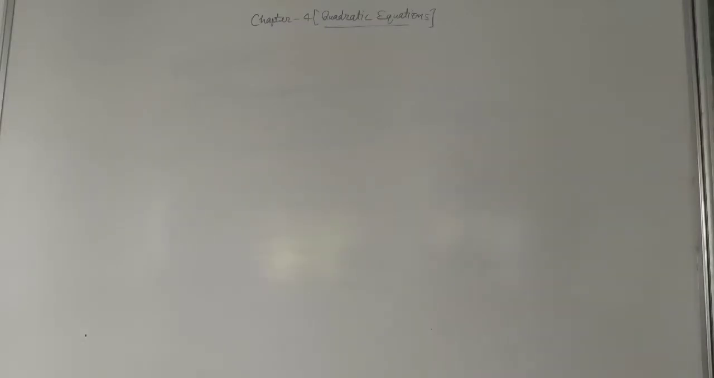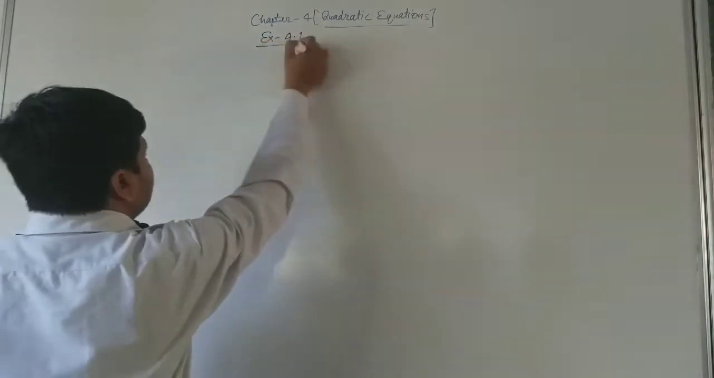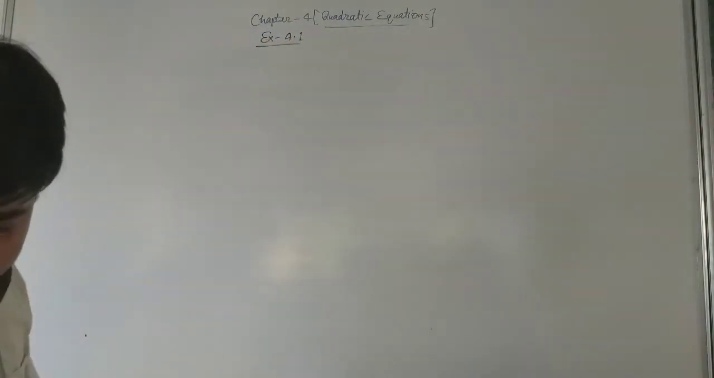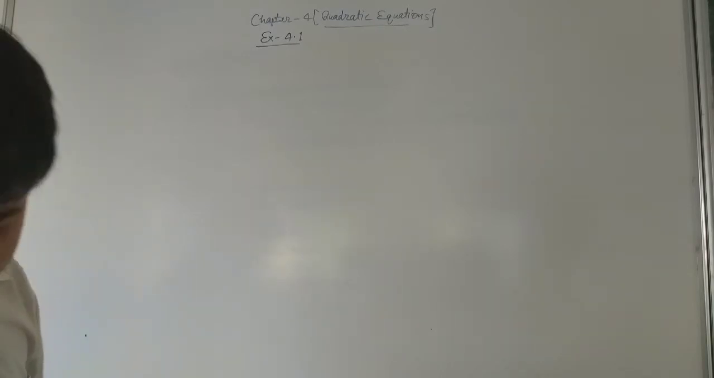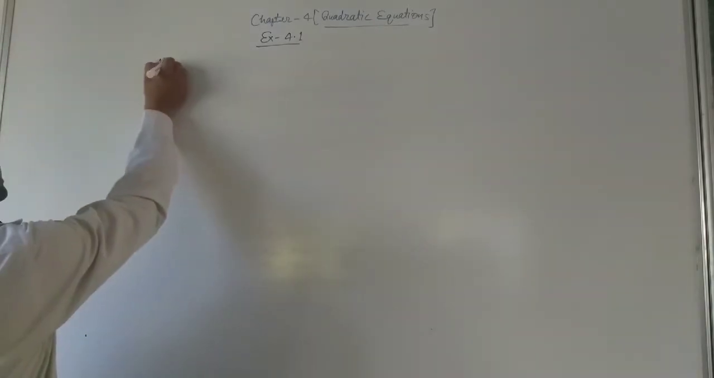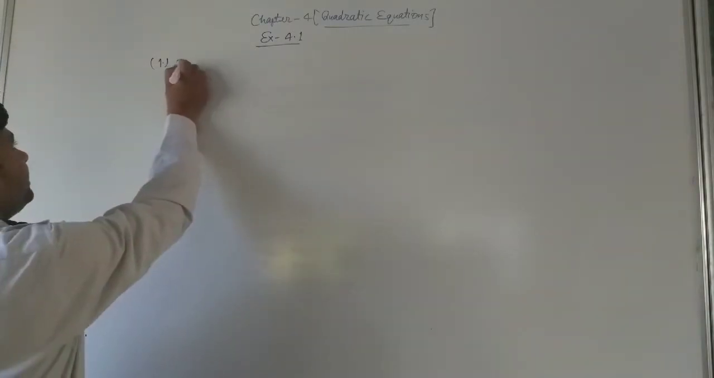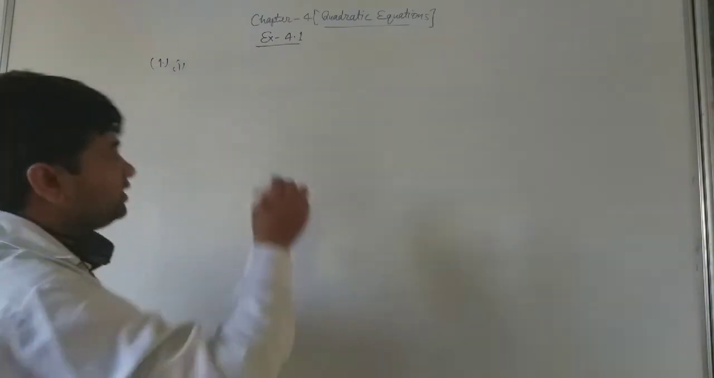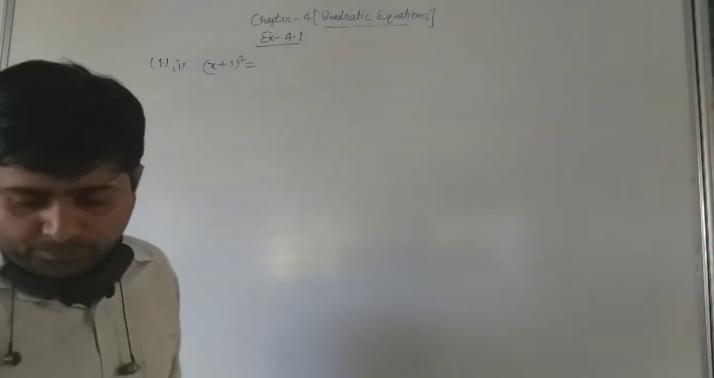Now students, we start exercise 4.1. In this exercise, we start with the first question: check whether the following are quadratic equations. So in this one we have to check whether it is a quadratic equation or not. First part: (x + 1) whole square equals